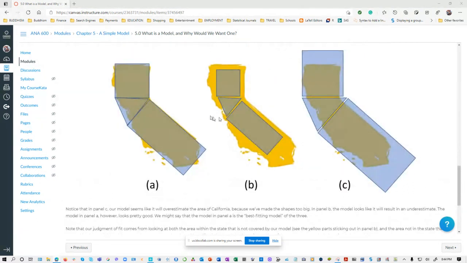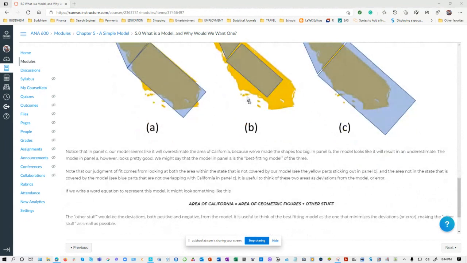As I mentioned over here, it still has some kind of error. Error means the total area not being covered by our model, but that is okay, as this is the maximum they can do. Here, the way they estimate, this model is not going to cover that much. This one is an underestimate, this one an overestimate, and